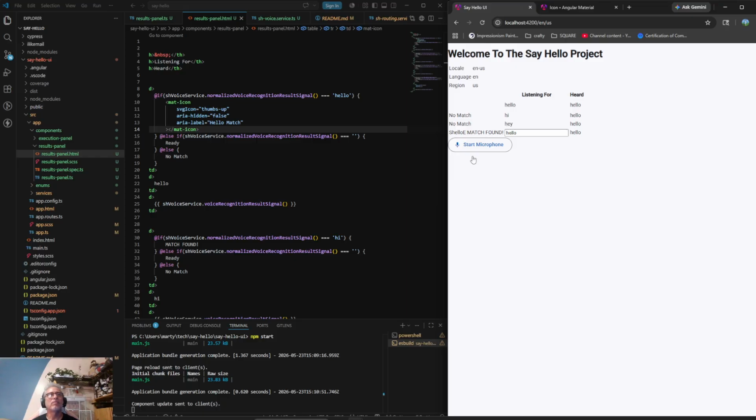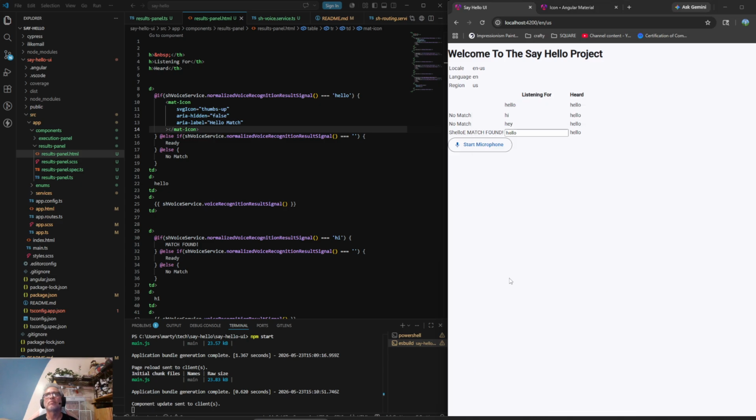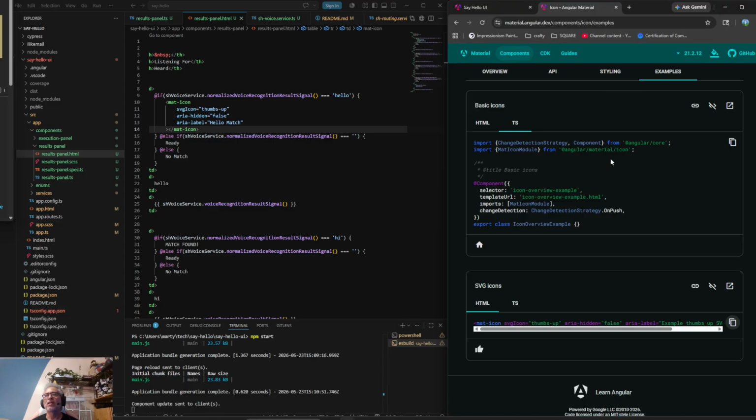Did I save? Well, yeah, I must have saved. Oh, that's right. It was like white text. I think it is actually there. Yeah, it is there. It's just white on white. All right. I don't know how you set the color. I know it's not